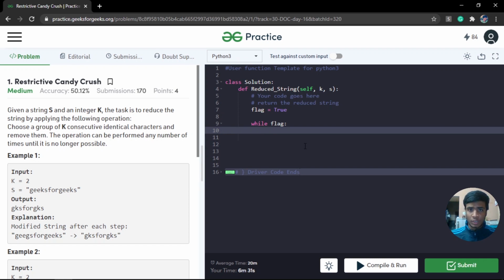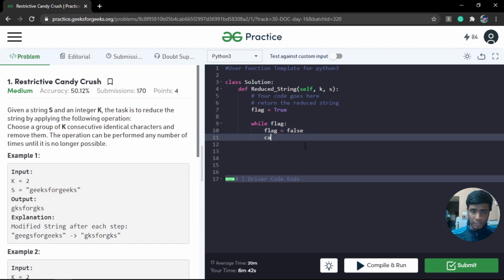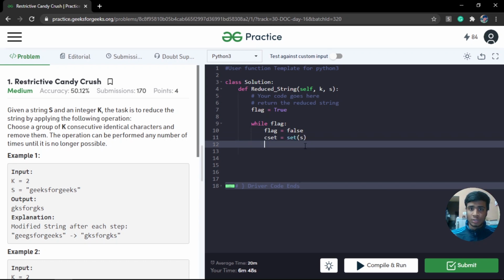Whenever I start an iteration, I set flag equal to false, and I take a set, which I call char set, and it's the set of my string. This will have the distinct characters of my string at that iteration.